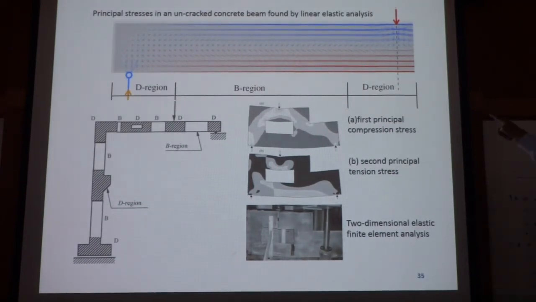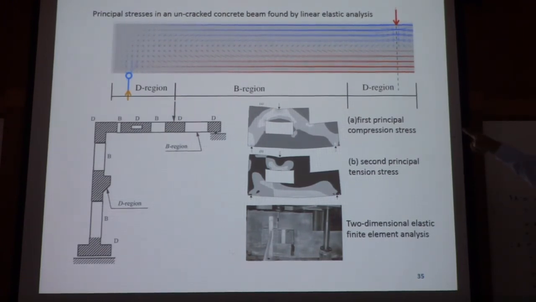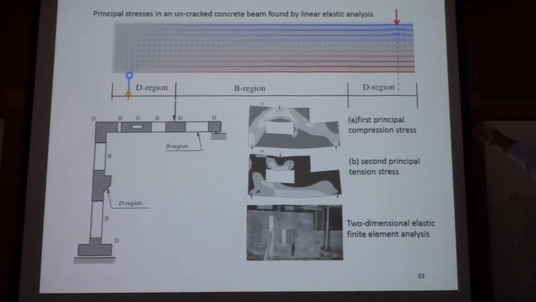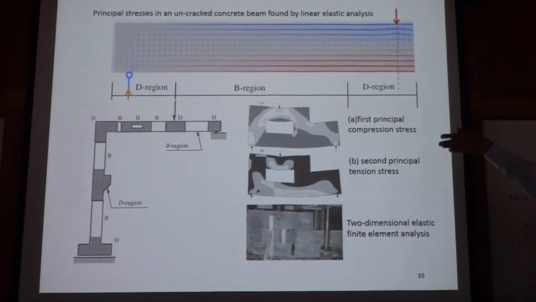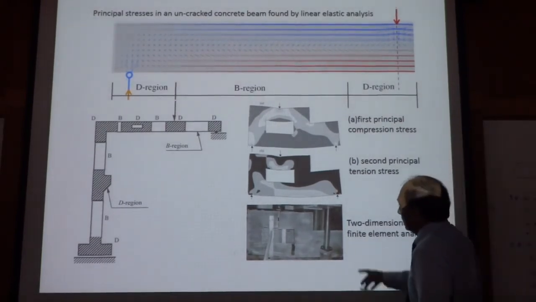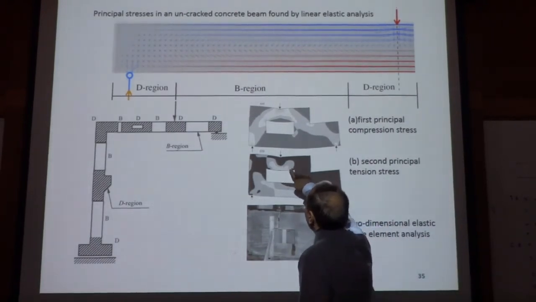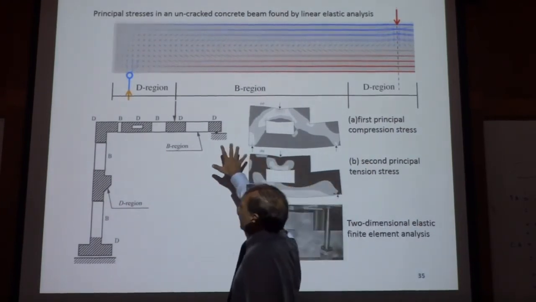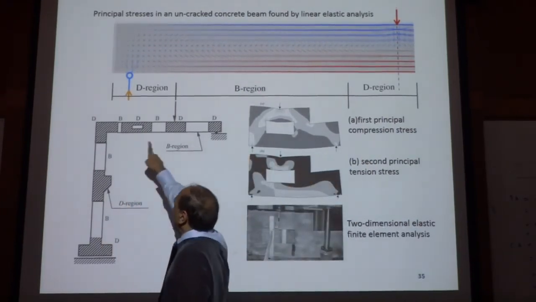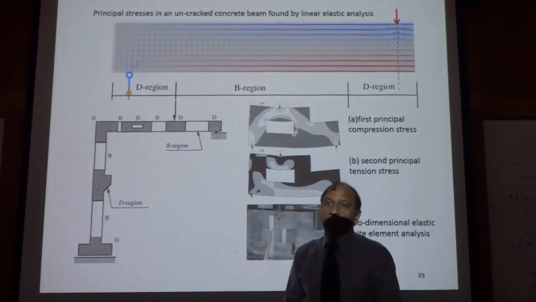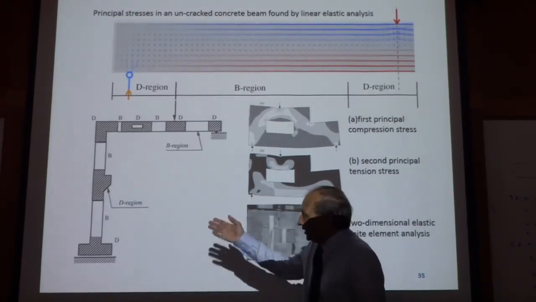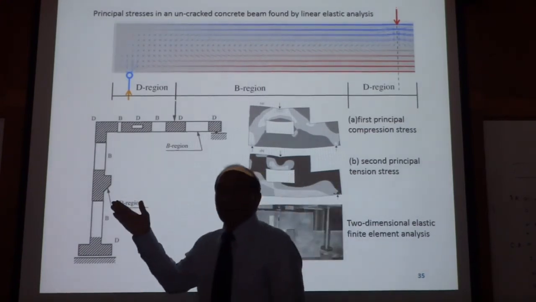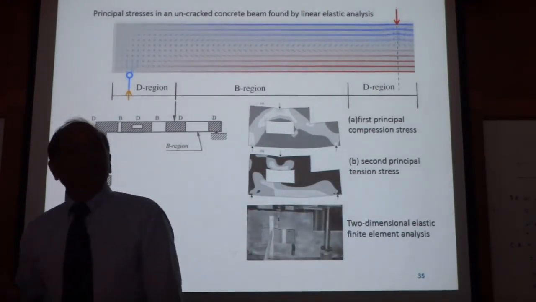People have been trying to create these stress trajectories, and you can see that the lines become parallel when they are far from the supports or disturbance, and close to that their lines are disturbed. People have been trying to do this in many ways, by testing, by stress analysis, by trajectory analysis. But you can see from here that if you look at a typical frame like that, this is how it could look. So the D region is actually quite common, more common than you would imagine.